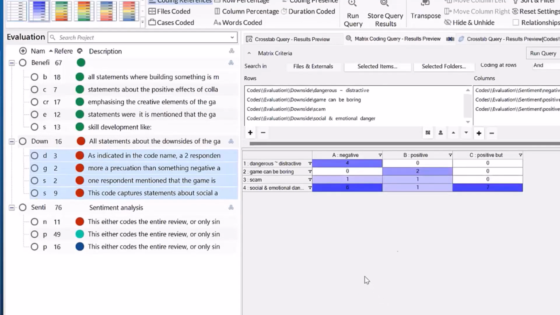Small sample project, but you still kind of see the trend. So it's the downside of the game that I describe here, and it's related to much more negative sentiment, or the positive, but it's okay, but there are these social emotional danger kind of things. That's then what you can